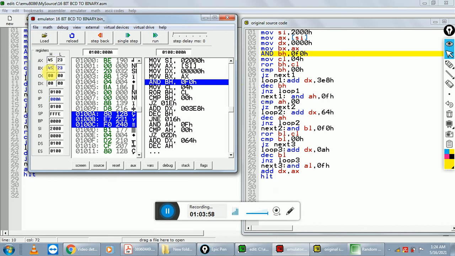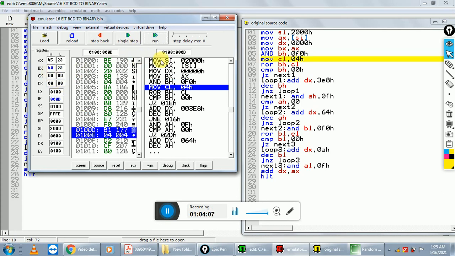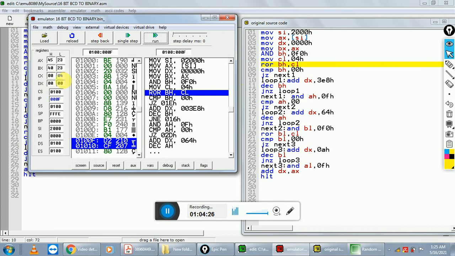So here we take the F0 AND operation. After the execution of this instruction, the content of this register is 40. The next instruction is MOV CL comma 04H. Here we initialize our counter register value to 4. So the counter register value is 04.